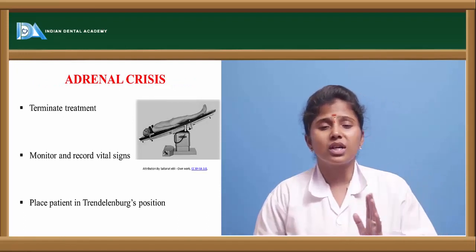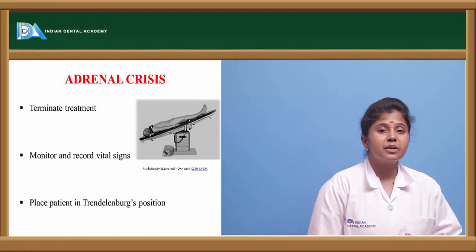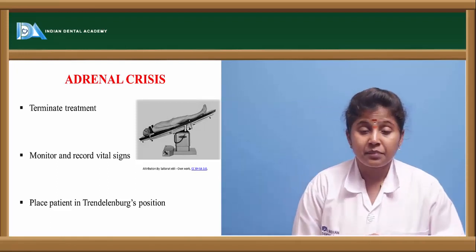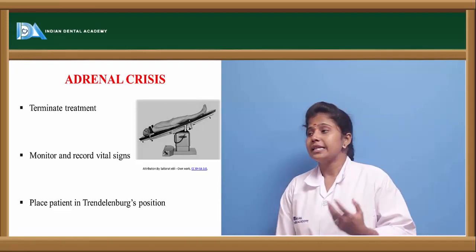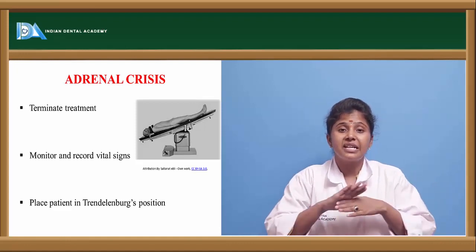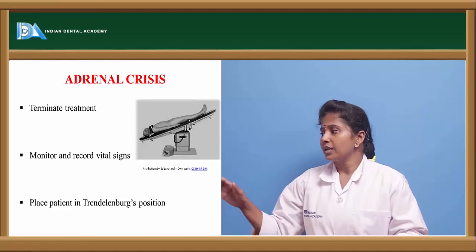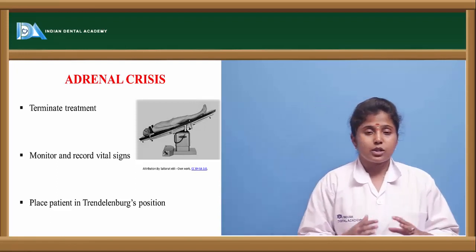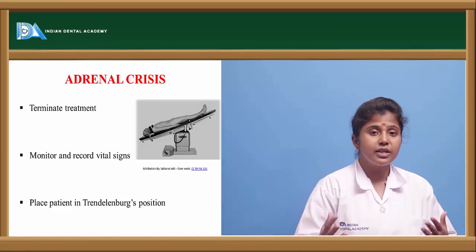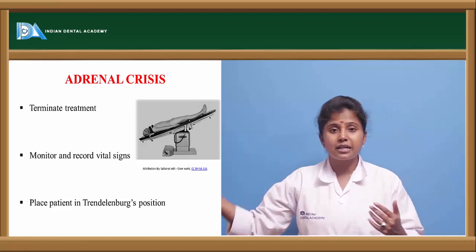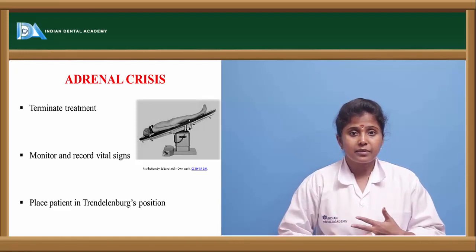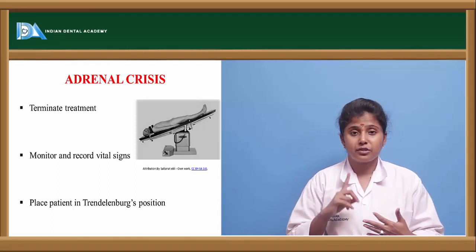Now let us see what medical emergency treatments are given for various diseases in the dental office. For example, if we take adrenal crisis. If there is any adrenal crisis, then we need to terminate the treatment. The patient should not be given any treatment at all. And then we need to record the vital signs. So if there is any adrenal crisis for that person while you are giving dental treatment, if he is prone to the risk of adrenal crisis, then we need to stop the therapy immediately, and then we need to observe vital signs like blood pressure, weight, temperature and so on,